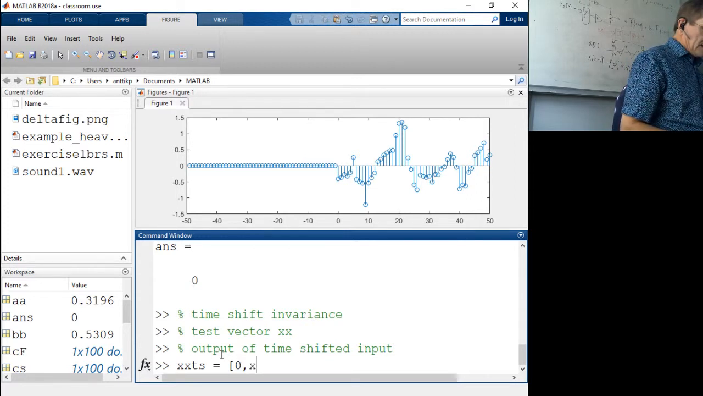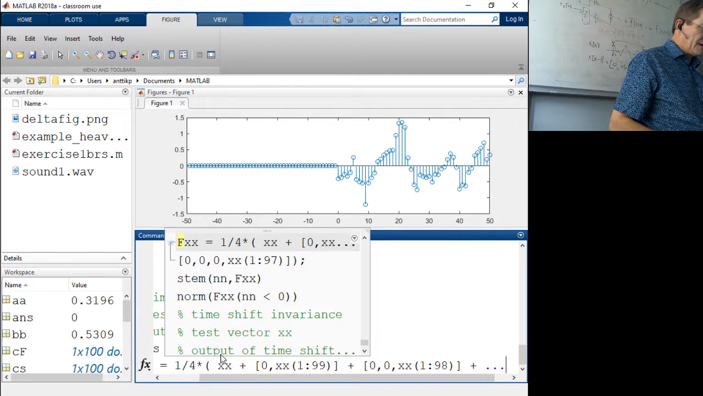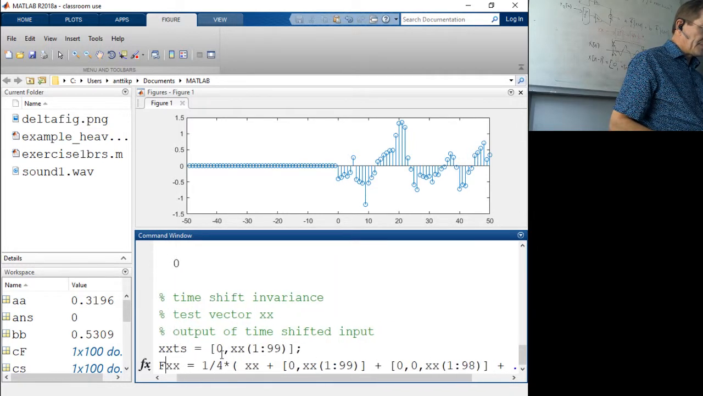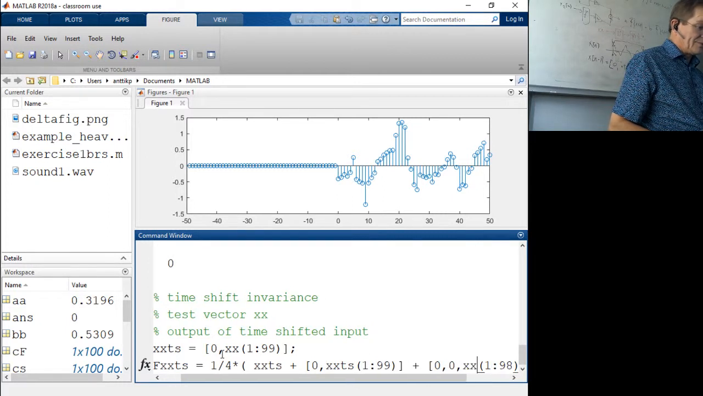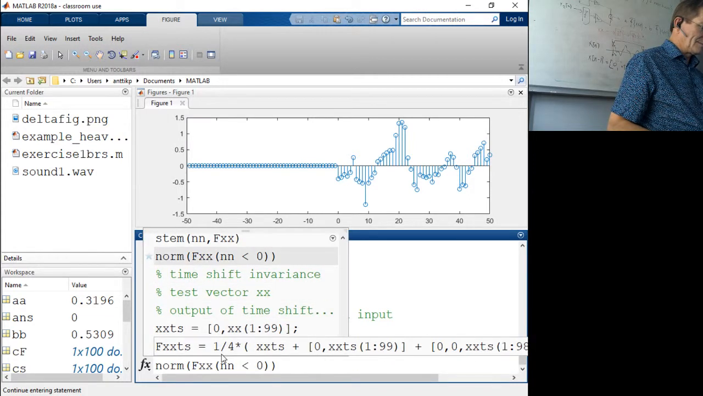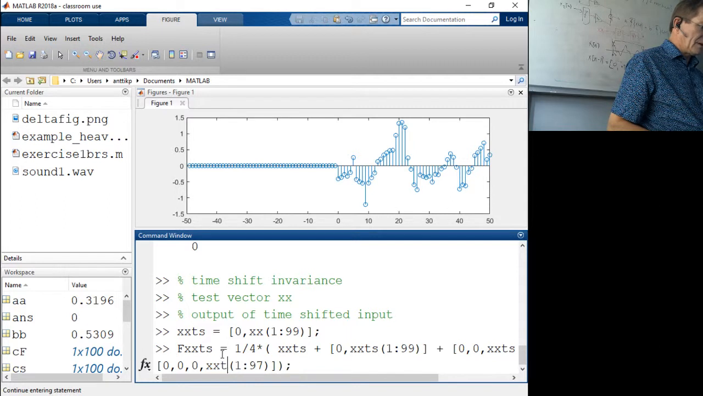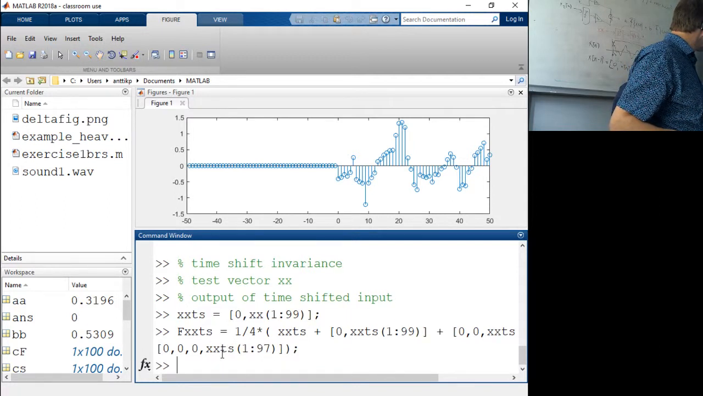So XX from 1 to 99. Okay, that's the time shifted input, FXX, time shifted. That's the time shifted output, or the output for the time shifted input. Okay, there we go. Calculate that one. Good. So we have TS there on all of those occasions. Good, and then we calculate the